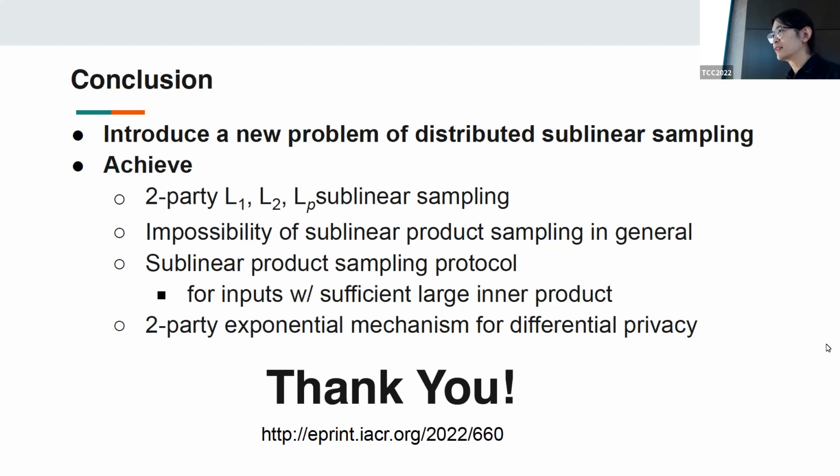I think it depends. It's more like a different question. For this type of question, it's more like the probability to sample some points has a fixed probability, but distributed among two parties. It's not like a specific distribution like Gaussian or Laplacian. And actually, there are prior works done on this type of question, but very few. Actually, we didn't find any on this type of work. We only focus on L1, L2, L_p distributions as defined on those two inputs.